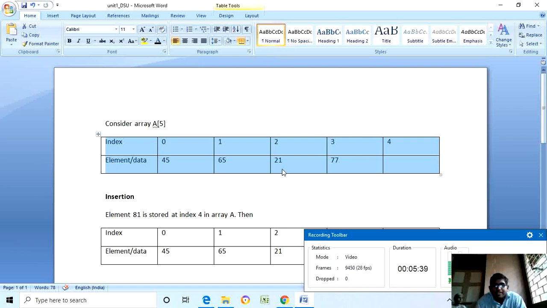That is called capacity. In this case, the maximum number of data values is 5. We can store 5 data values in an array. So capacity is 5. But the size of the array is currently 4, because we have only 4 data values and their indices are 0 to 3: 0, 1, 2, 3. So the size of this array is 4, but the capacity of this array is 5. We can store a maximum of 5 data values in this array.